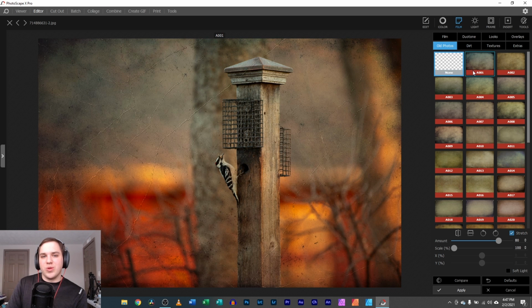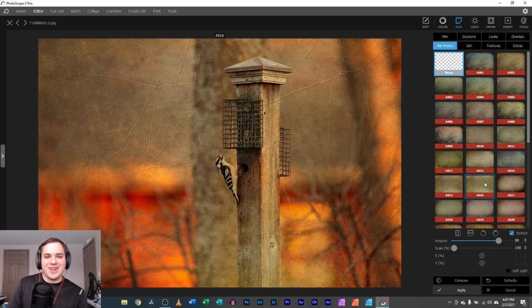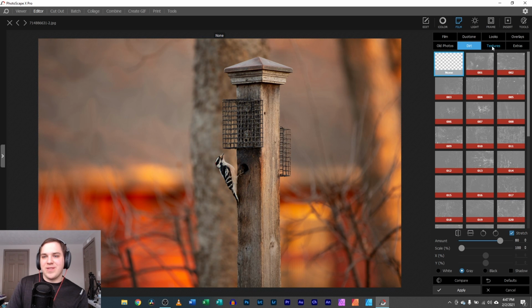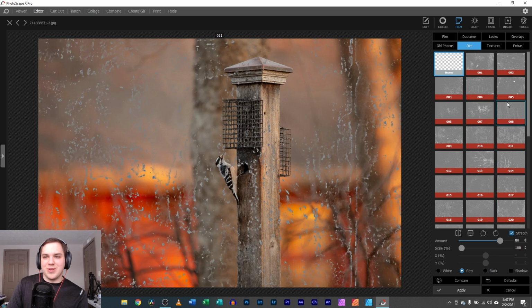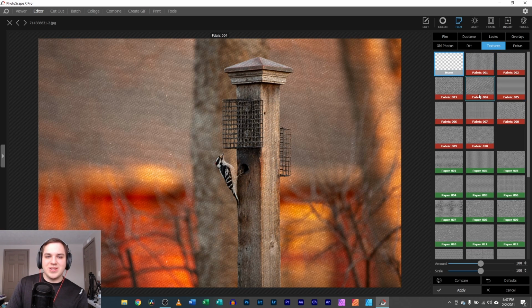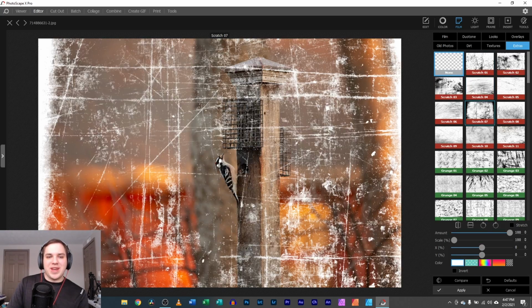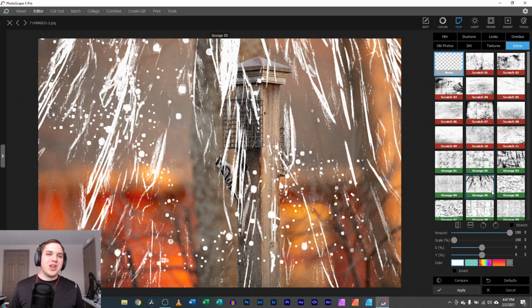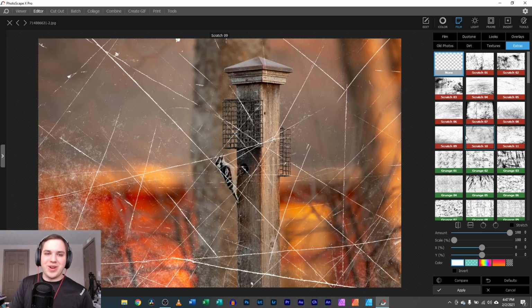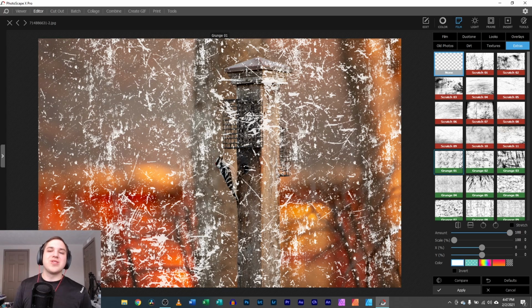You also have old photos. You have dirt, like if there was dirt on the image itself, different textures if you wanted to make it look like it's a woven pattern or something. And then even just some extras, which are kind of just crazy. But for people who are doing some artistic things or really wanting to show off what they can do, there's almost an endless supply of what you can mess around with